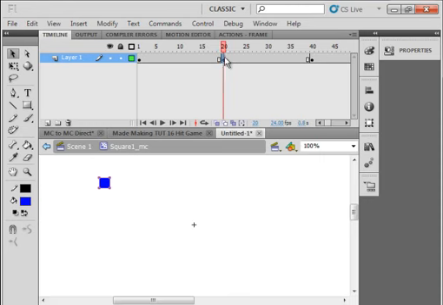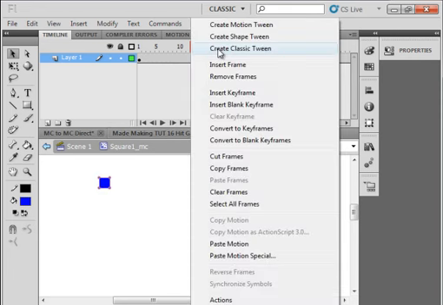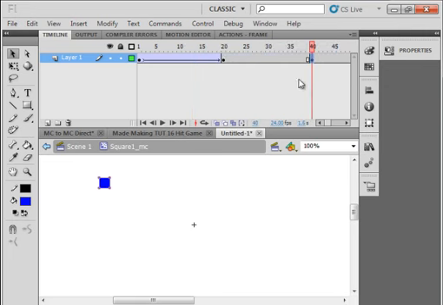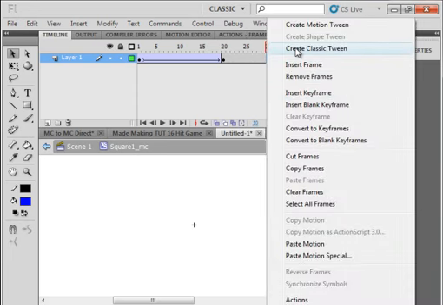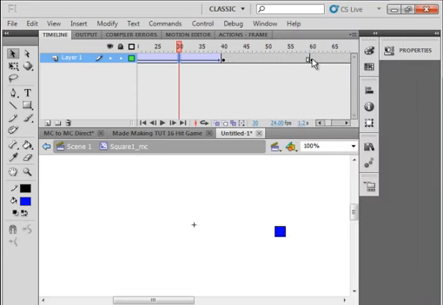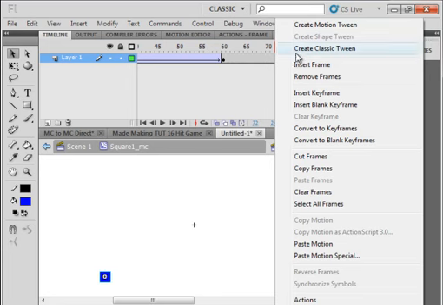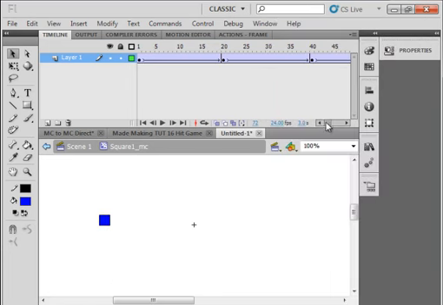So now let's do something with this square. Select frame 20, select it, drag the square over here, make this a tween, classic tween. Select 40, bring it down here, classic tween. 60, drag it over here, classic tween, and finally 80 puts it back where it was, and make another classic tween. Now call this layer square, S-Q-U-A-R-E,